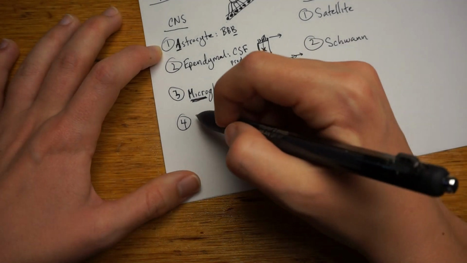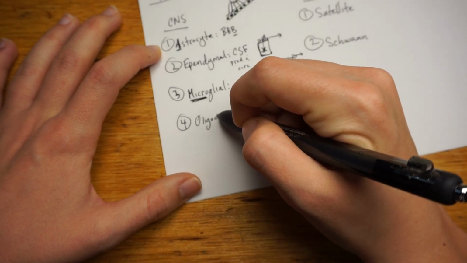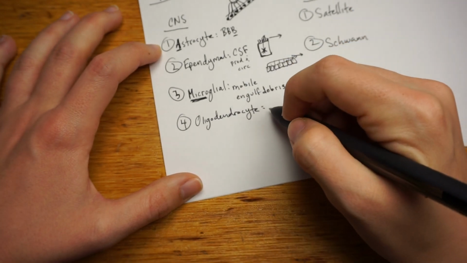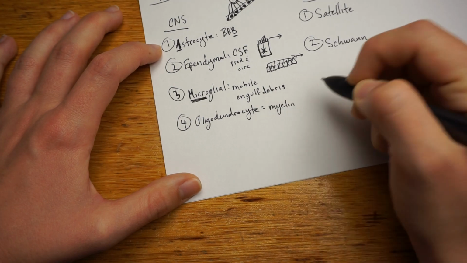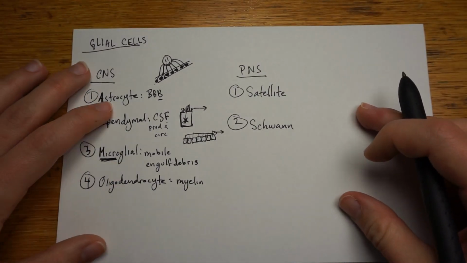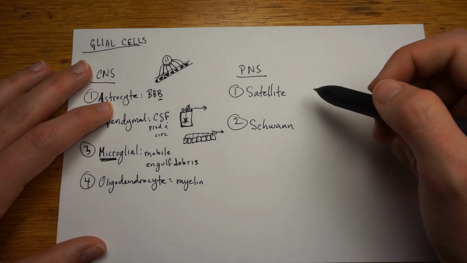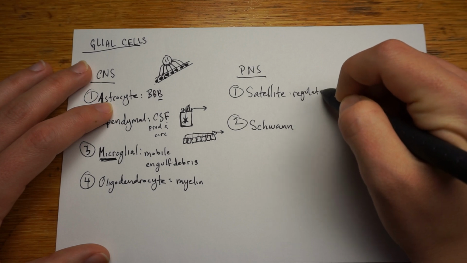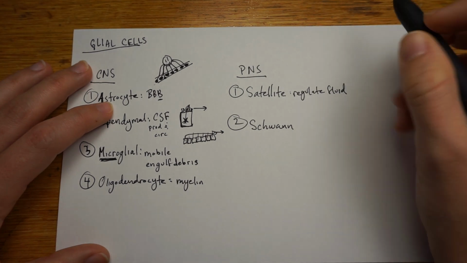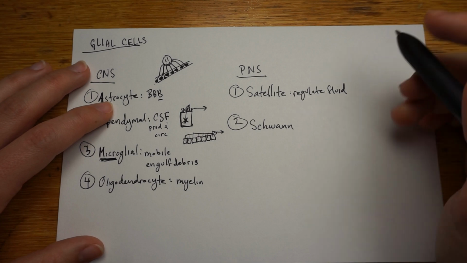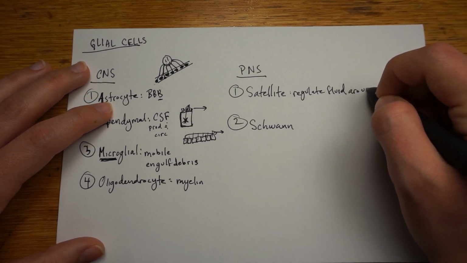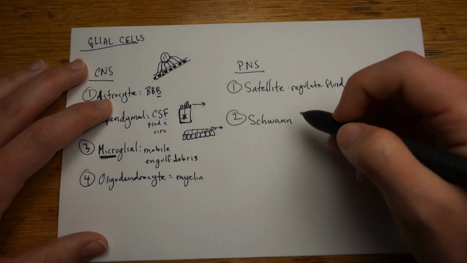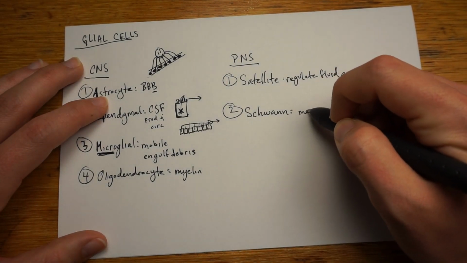The last one here is an oligodendrocyte. This is responsible for producing myelin. So let's jump over here, we'll talk more about this in just a second. Peripheral nervous system, satellite. These ones really you just need to know that it's just going to regulate fluid. Not a super important one. Regulate fluid, and this is going to be around the somas, which if you remember, soma also means cell body. Schwann cells also produce myelin,